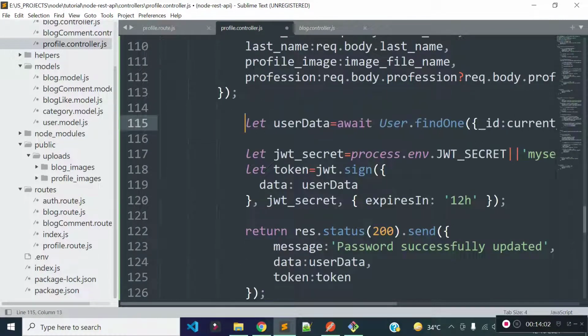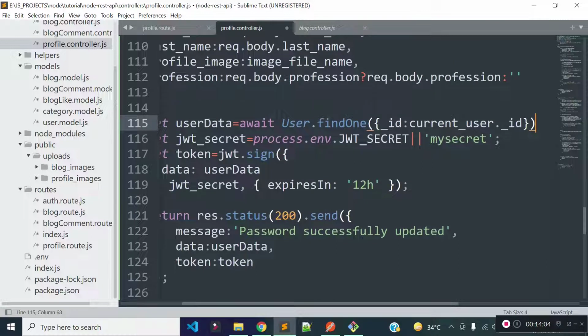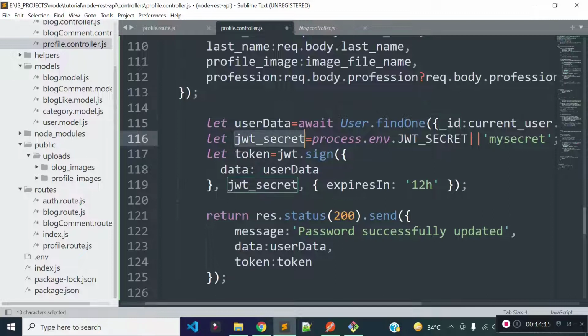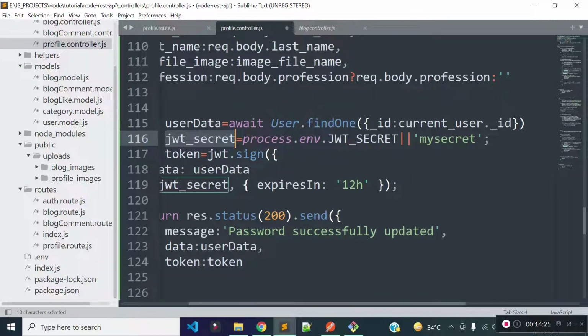So we are getting the updated user data with the help of the user model findOne method, and we are providing the condition _id is equal to currentUser._id.